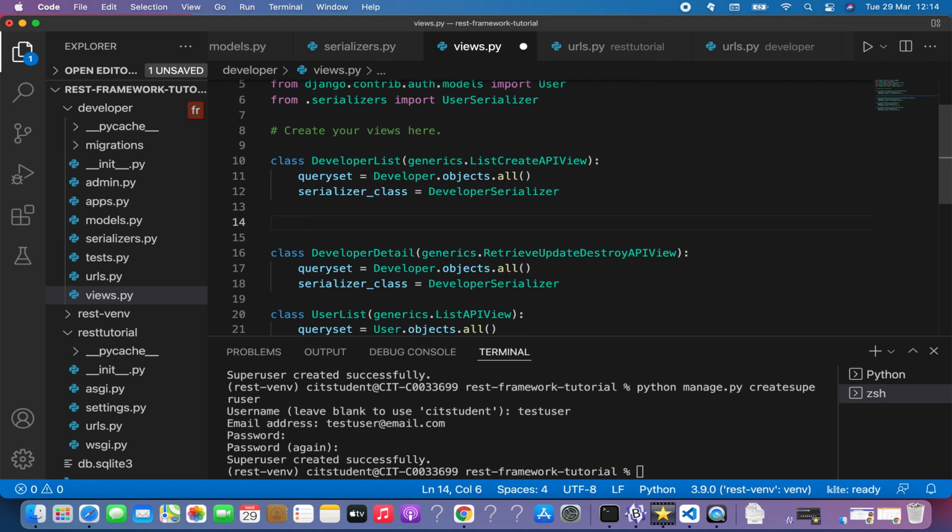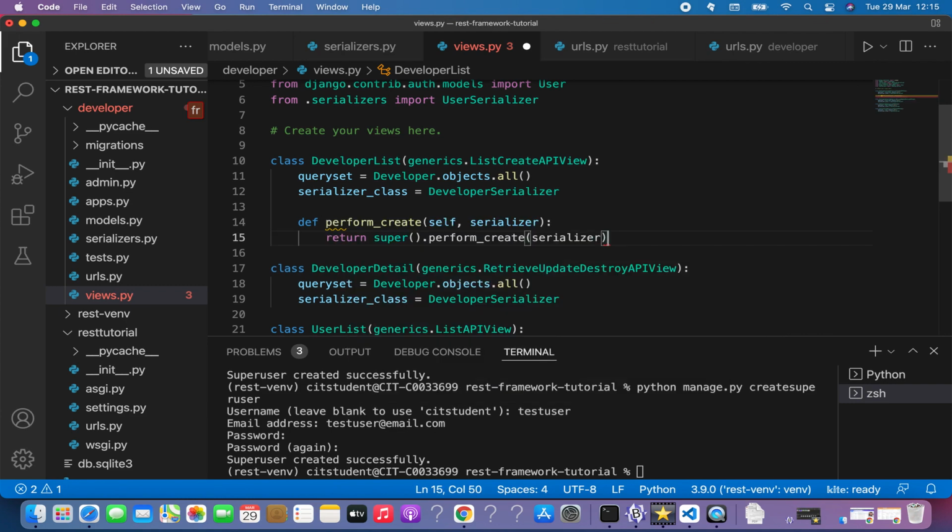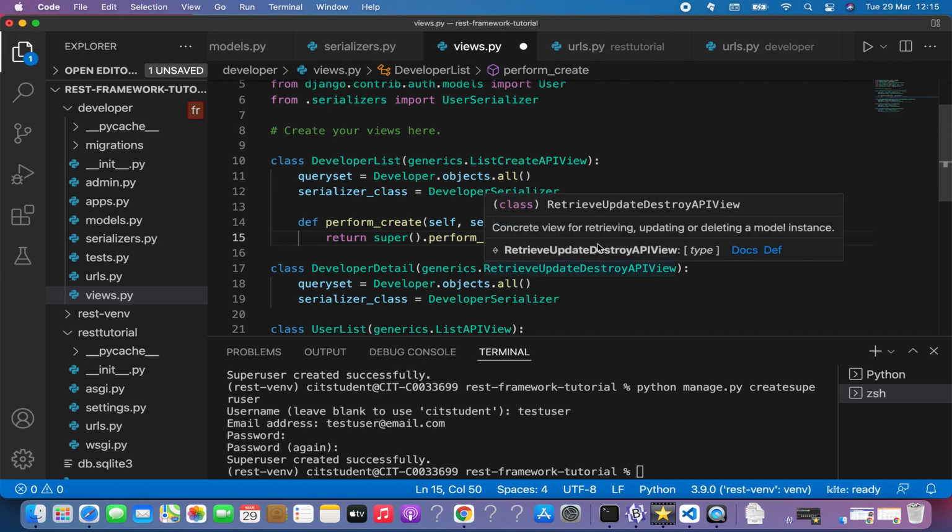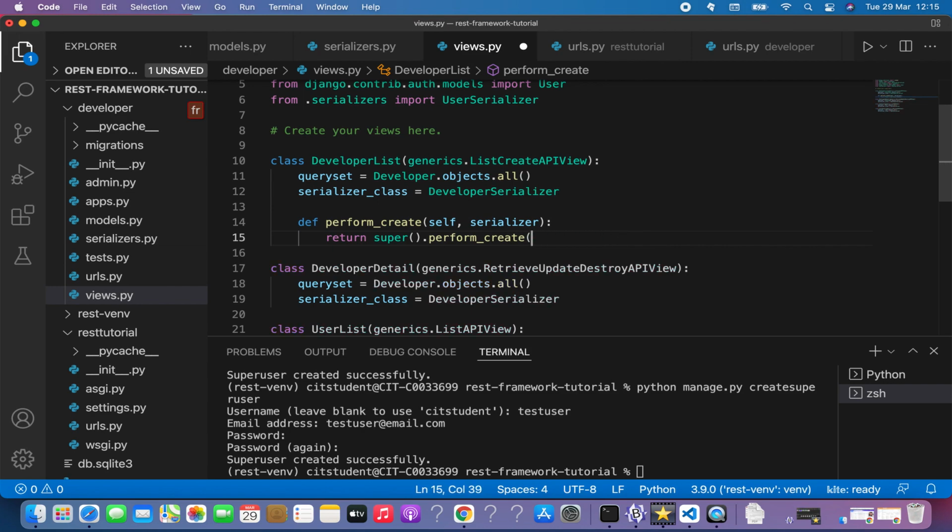Currently there's no way to automatically associate the logged in user that created a developer with the developer instance. So how can we do this? We can set this automatically by overriding the perform_create method on the developer views. Just create perform_create and override it. To do this, we want to put serializer